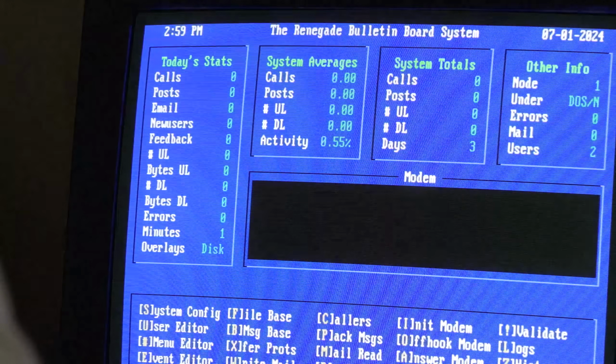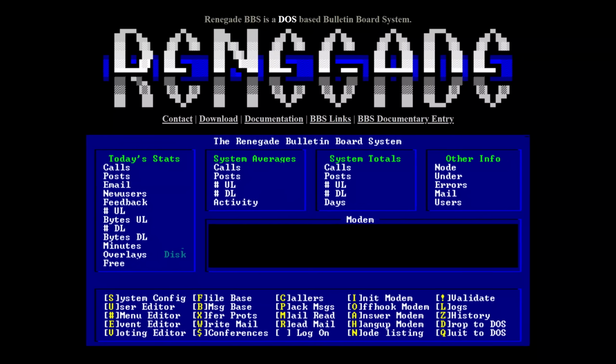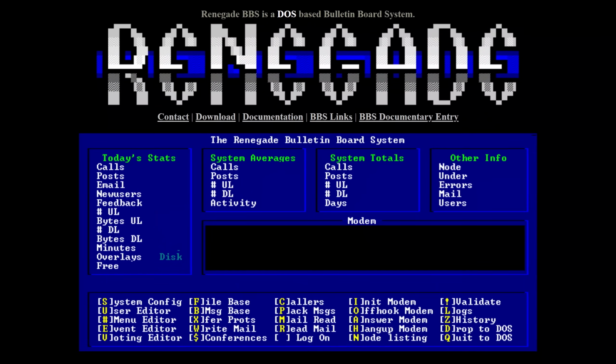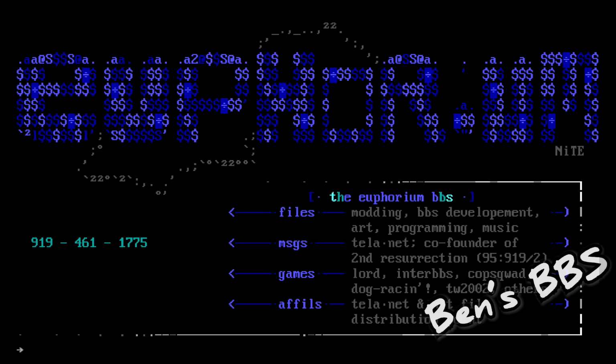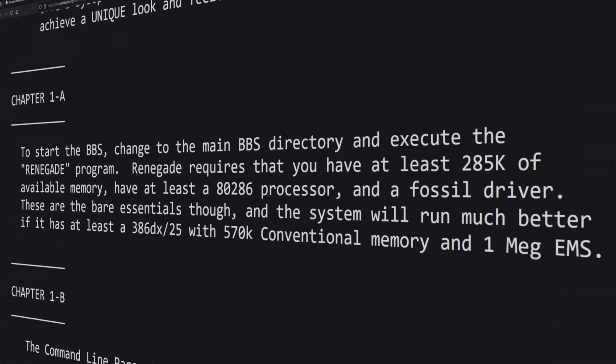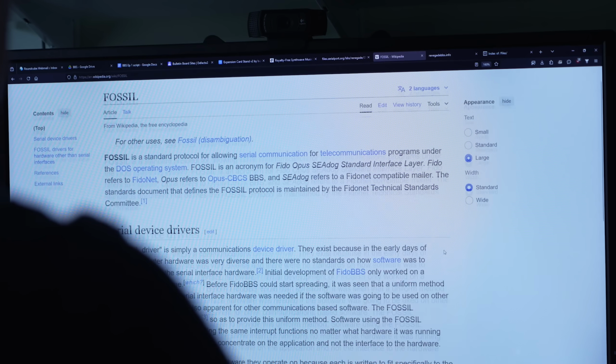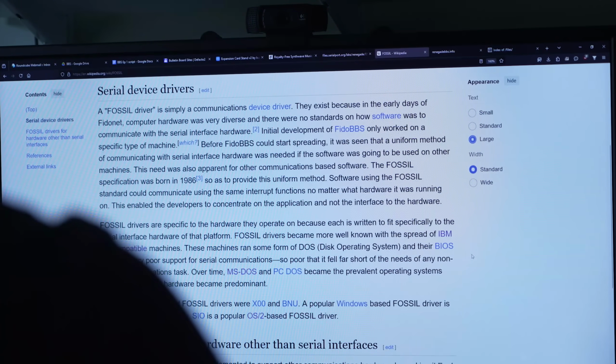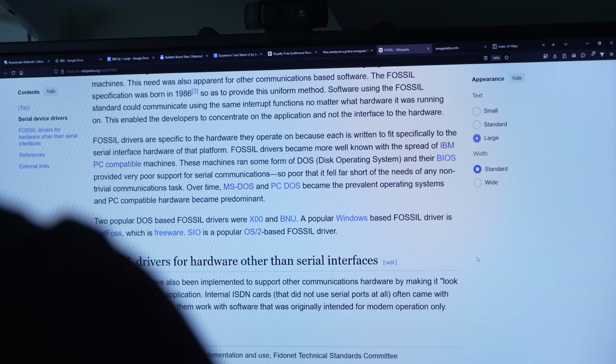Our BBS software of choice is Renegade, a popular DOS-based BBS package from the 1990s, one we both spent countless hours tinkering with and modding back then. The first requirement for Renegade is to set up something called a fossil driver. We do remember setting these up in the 90s, but we wanted to better understand exactly what a fossil driver